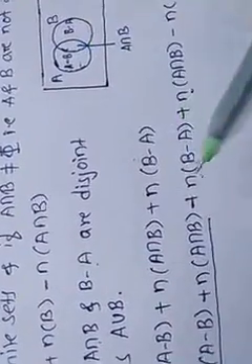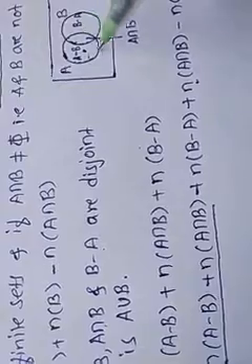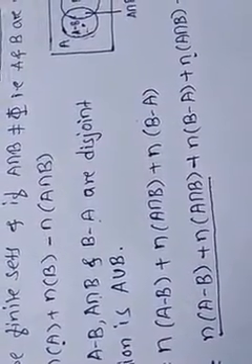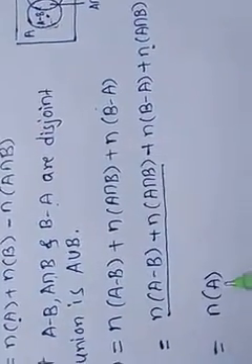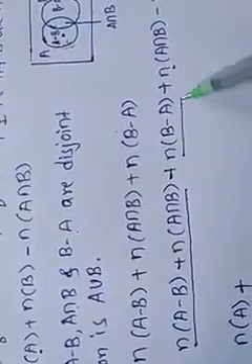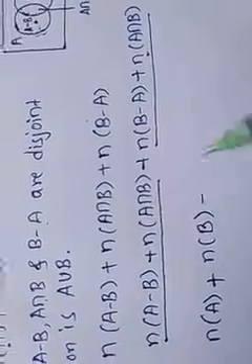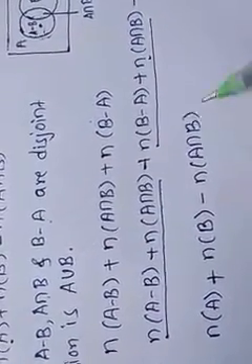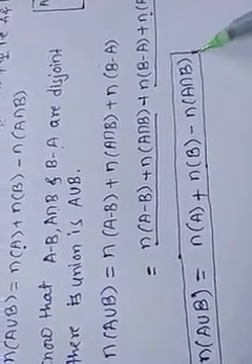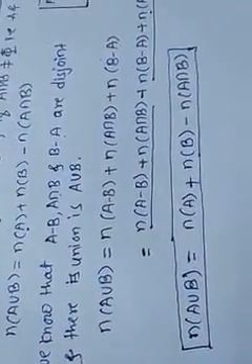Now from these, n of A minus B plus n of A intersection B: if we see the Venn diagram, n of A minus B and the intersection in total give us n of A, so n of A minus B plus n of A intersection B is equal to n of A. Similarly, n of B minus A plus n of A intersection B gives the total set B, so we write it as n of B, and the remaining term stays as n of A intersection B. This is our formula for two sets: n of A union B is equal to n of A plus n of B minus n of A intersection B, which is an important formula, also known as the addition principle or principle of inclusion exclusion.